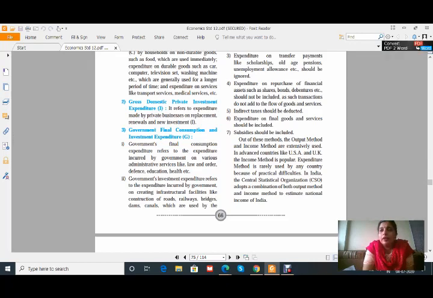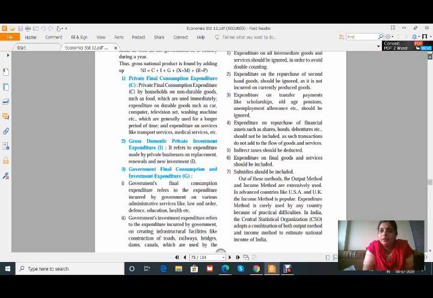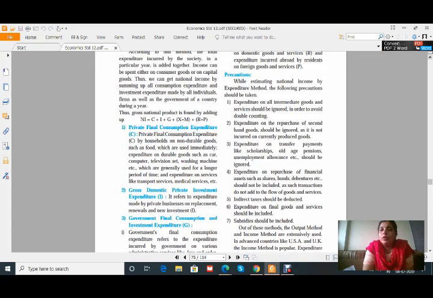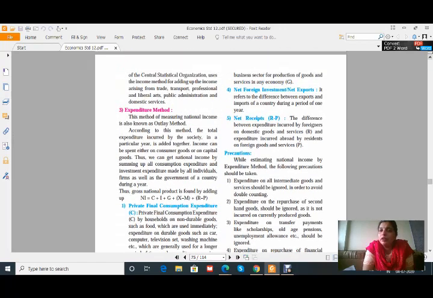And see, when the government spends so much money on building this particular sea link, now this is the asset for them, or we can say this is the capital good for them, because the income whatever is earned from them is termed as the government's income, and the expenditure done on the building of such a big sea link is known as government's expenditure, and it comes under the G. Okay, now all of you getting this.